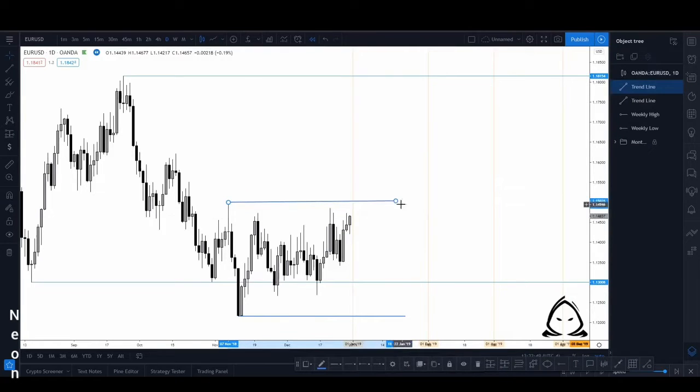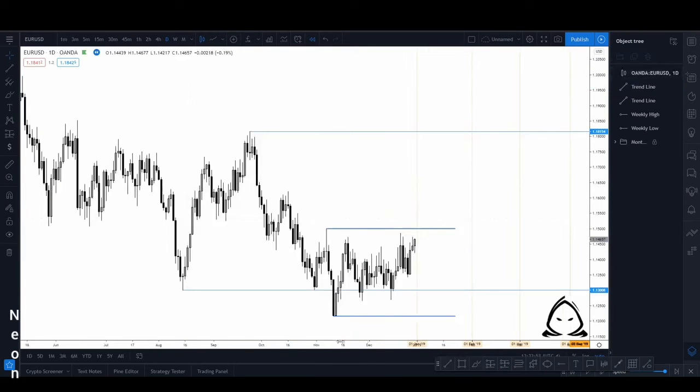So we can see prices ranging between this high and this low. We are still in an overall bearish push when we're looking on the daily. As we can see, we're putting in lower lows and lower highs. As soon as this low was created and started to push away, we can denote that as the low because